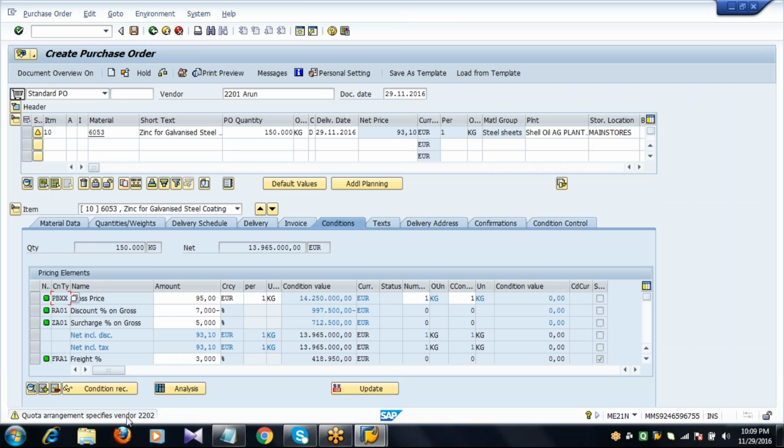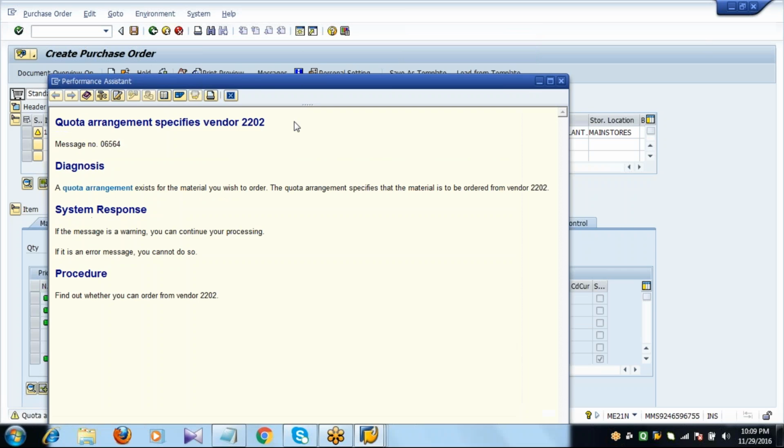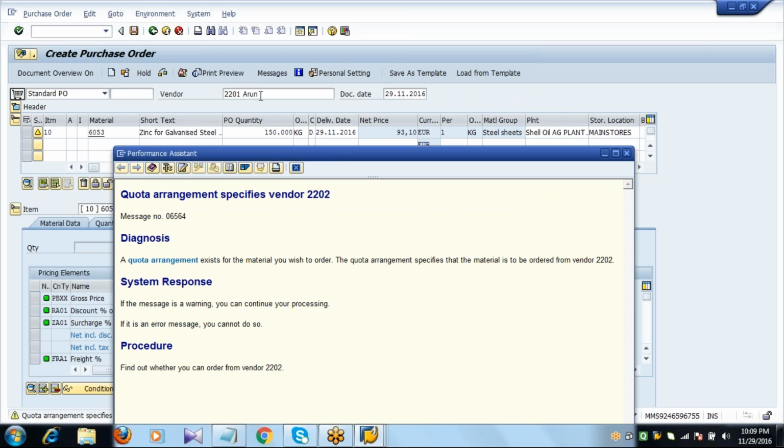Now the system displays a message: the quota arrangement specifies the vendor 2202. But actually I'm trying to create a PO for 2201 vendor, whereas the system specifically says the quota arrangement specifies the vendor to be selected is 2202 vendor.